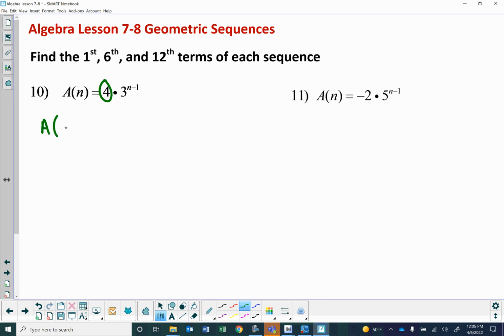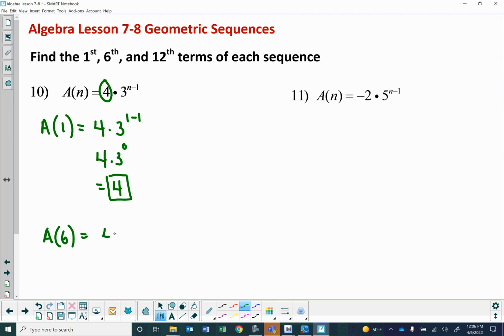If I wanted to find out if a of 1 actually equals 4, I would do 4 times 3 to the n, which in this case is 1 minus 1. So this is 4 times 3 to the 0 power. Anything to the 0 power is 1, so this is 4, which I told you I knew it had to be because that's the first term in the sequence. That's part of the recursive formula. Okay, the 6th term